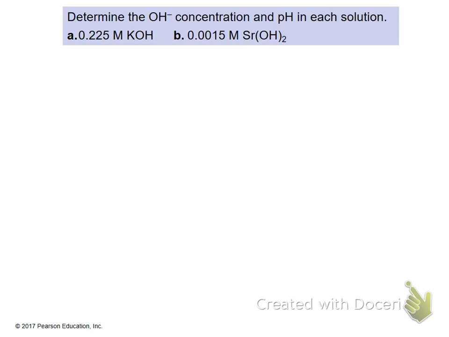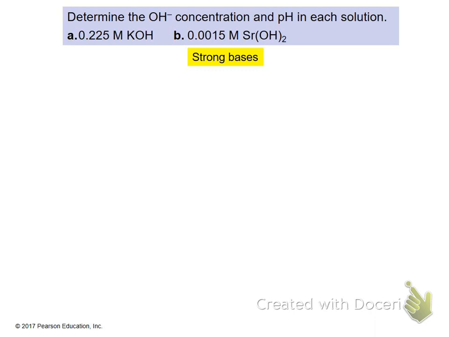All right, so how do we determine the concentration of bases, right? It says determine the concentration of the hydroxide ion and the pH of the solution. So looking at these bases right here, KOH and strontium hydroxide, we have potassium hydroxide and strontium hydroxide. You can see that potassium is in group 1, strontium is in group 2, and so they're both strong bases,